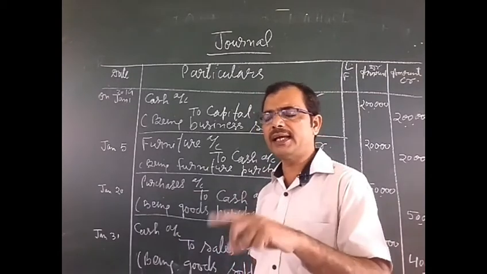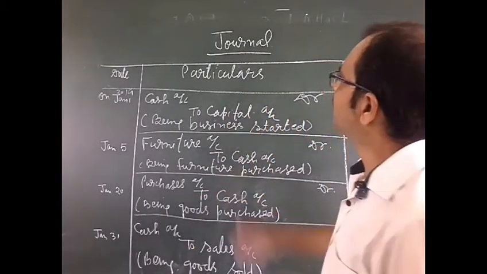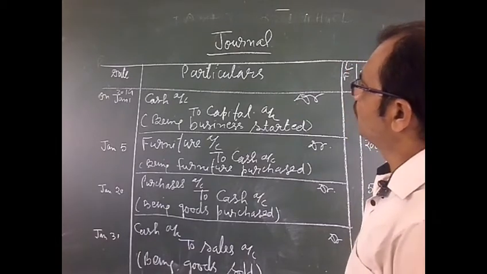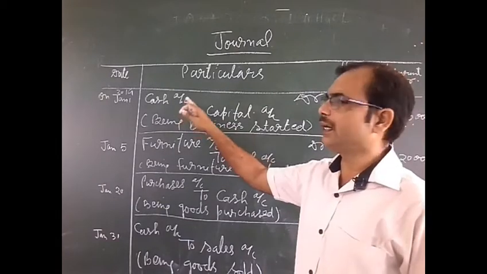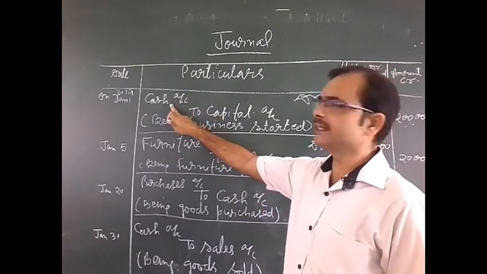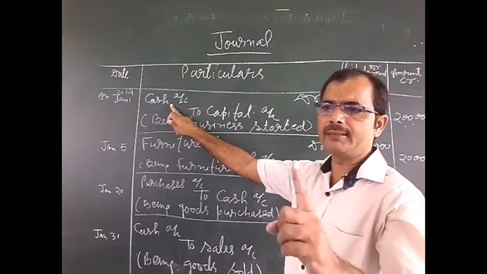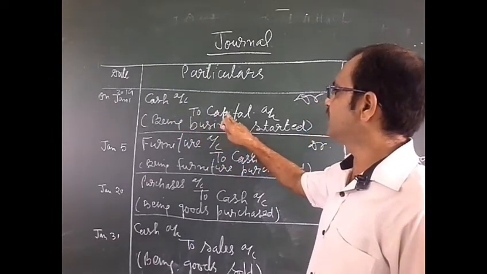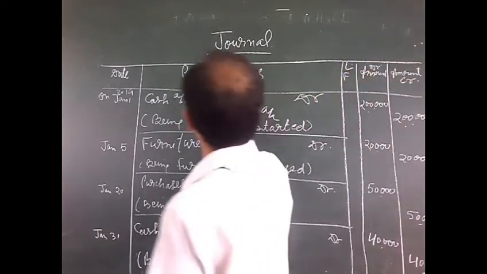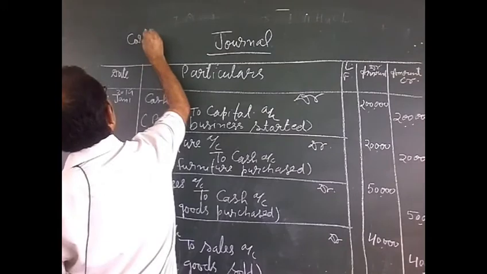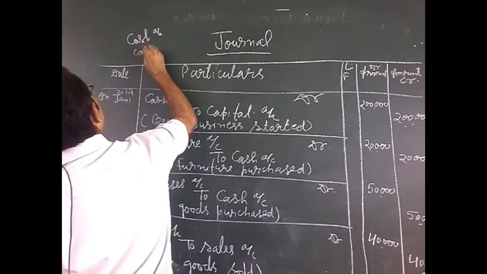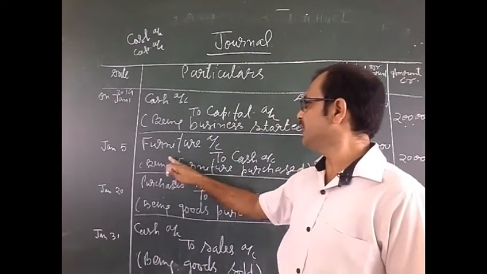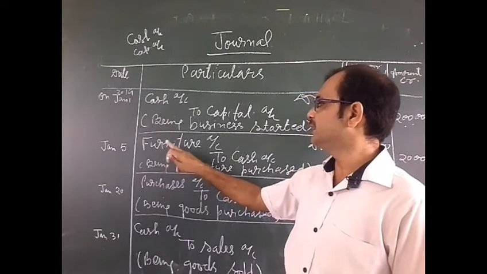In that method we will make the ledger accounts. So as you know, firstly we will write all the account names. The first one is cash account. We will write one name only one time, cash account, and the other name in the entry is capital. So we will write cash account and capital account. In the second entry you are seeing that furniture is written. This is a different account.